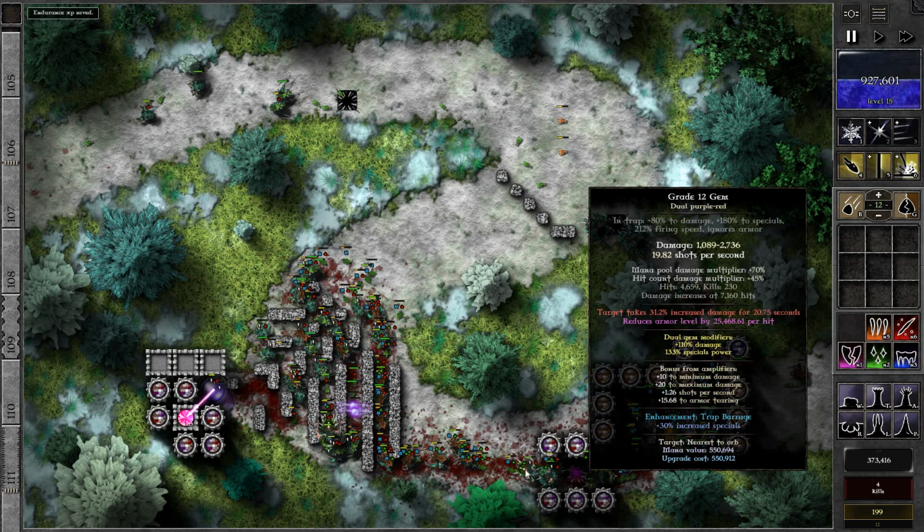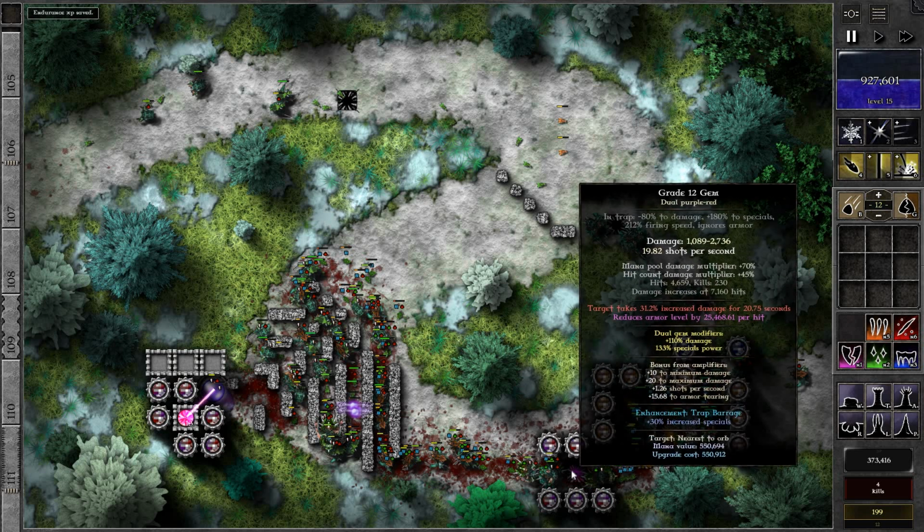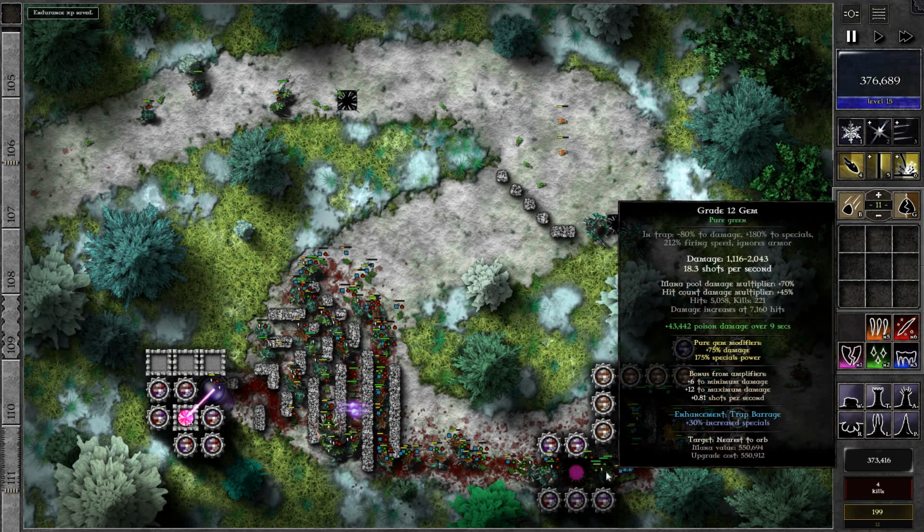Now, what's going on here? What are these gems, these monsters looking like? They're looking like they've got a lot of armor. And it looks like I'm not tearing enough. So...